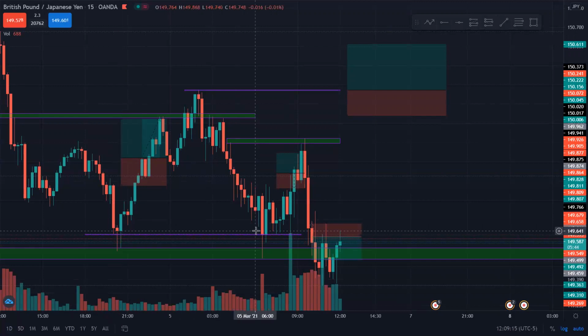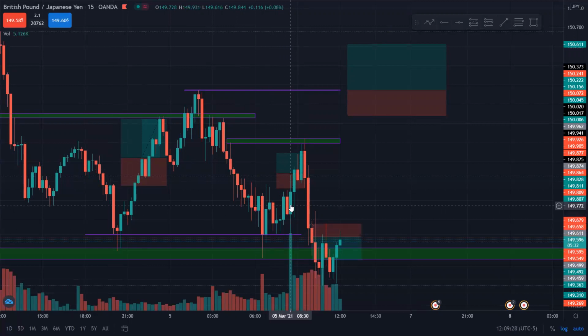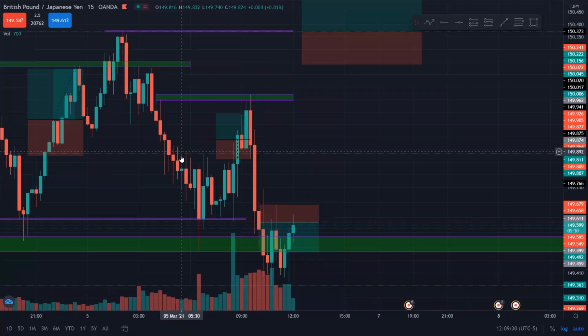And then, well, look at that. Came right back down, retested it 1, 2, 3, 4, 6 times. Okay. So this is a level that I saw. I anticipated it to come back here, and then it started moving up. And then I said, wait a second. So as you guys can see,